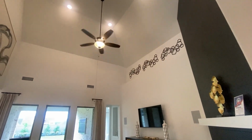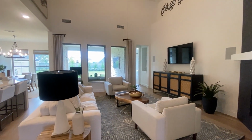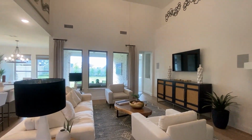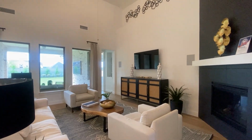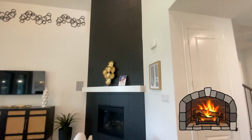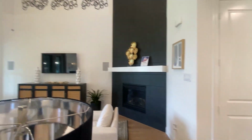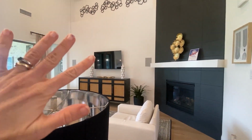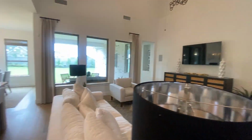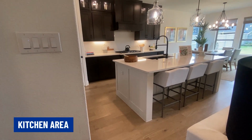So these living room ceilings are quite tall. Some people are a fan, others like a little bit more cozy. It just depends. It does appear a lot more open in here and more spacious because of it. You've got a beautiful fireplace that goes all the way to the ceiling, that's off to the side so that your television can be right here on this wall in the center, which leads to this beautiful kitchen with the